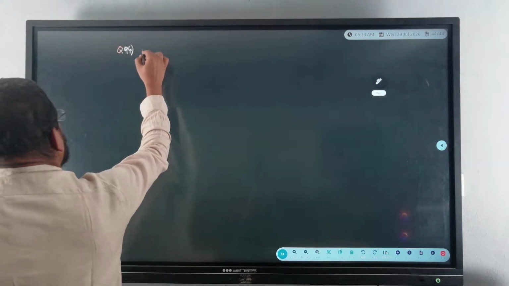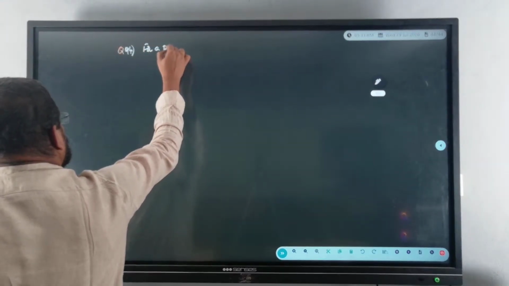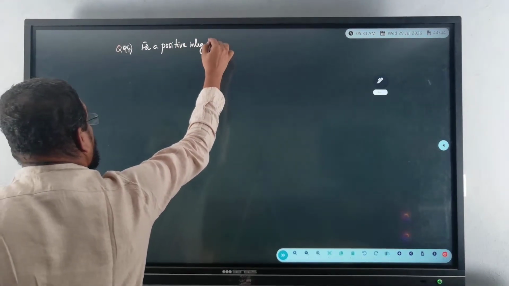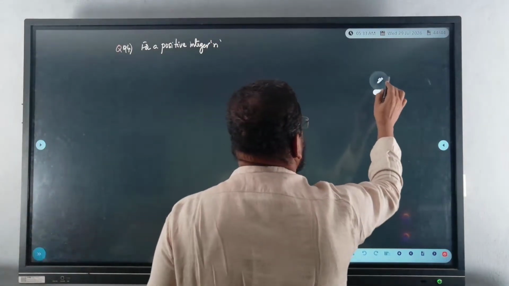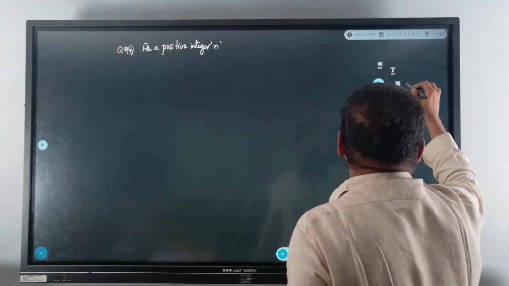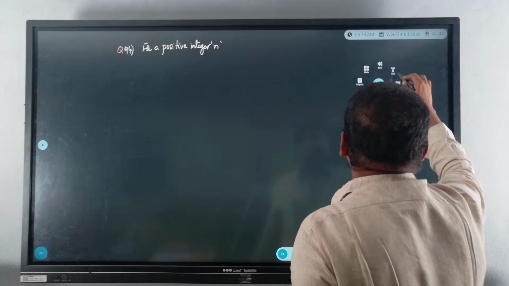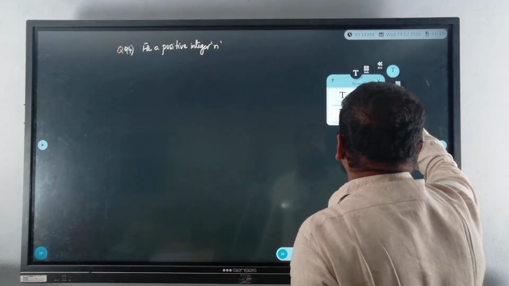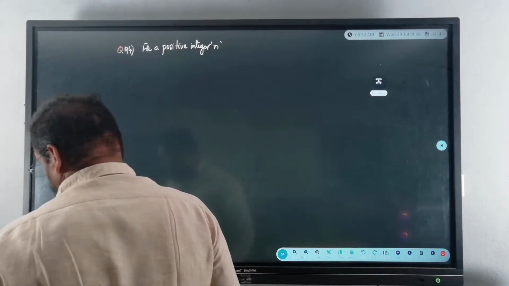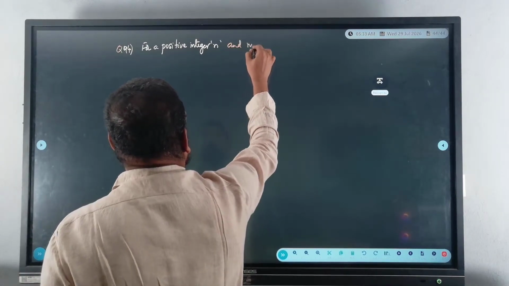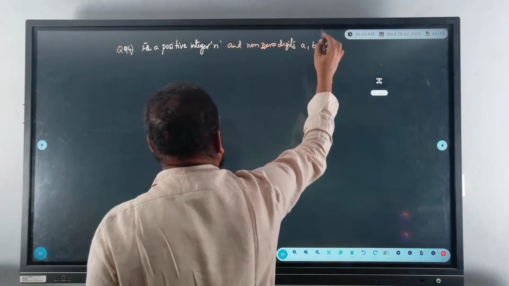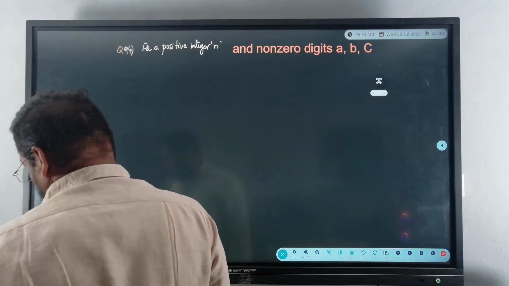For a positive integer n and non-zero digits a, b, c,